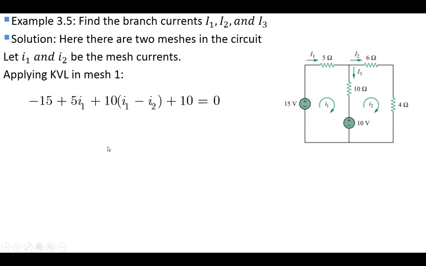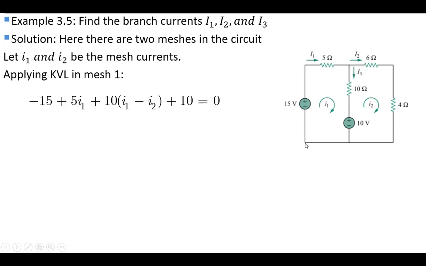So let's start writing down the equation. We are starting from this point and we'll be going in clockwise direction. Another important point is that the mesh current that we are assuming should be in the same direction. That is, if you are using I1 in clockwise direction, I2 should also be assumed in the clockwise direction. If you are using I1 in anti-clockwise direction, assume I2 also in anti-clockwise direction, and also all the other currents. So in this circuit we are assuming that I1 and I2 are flowing in clockwise direction.